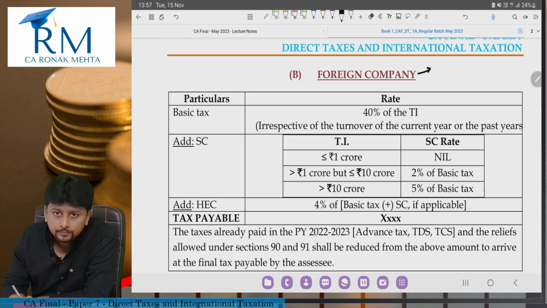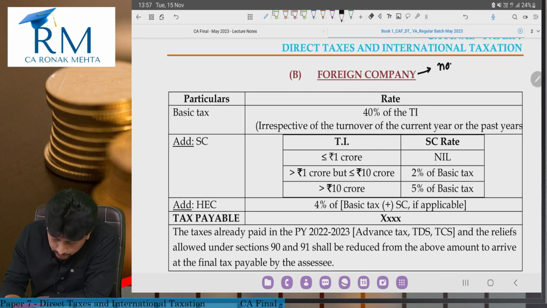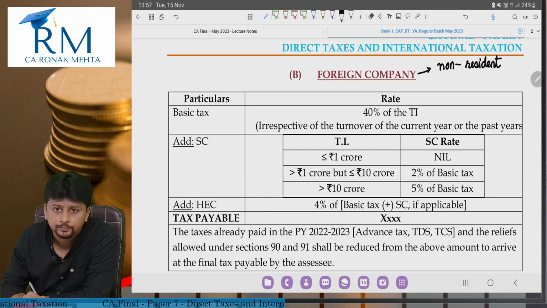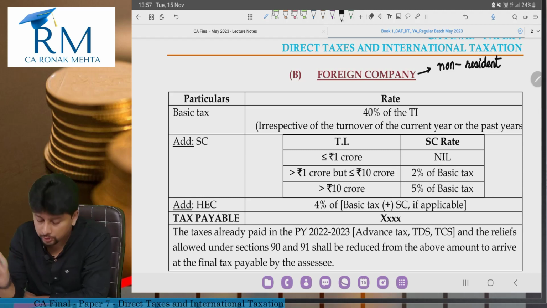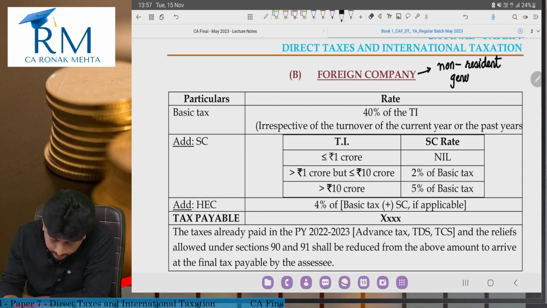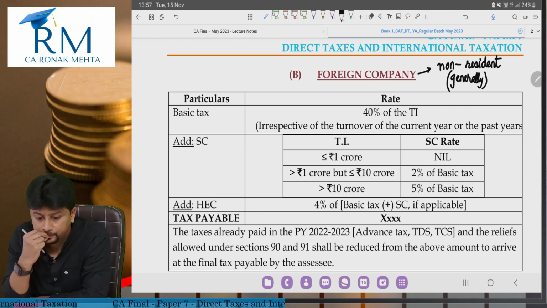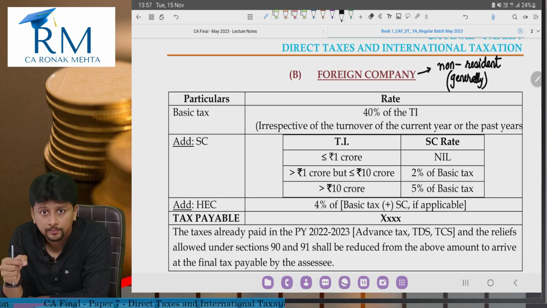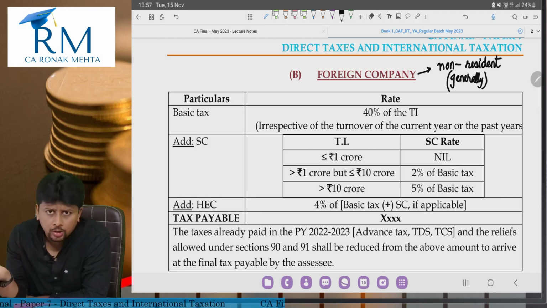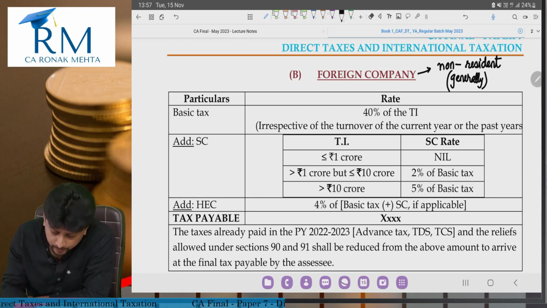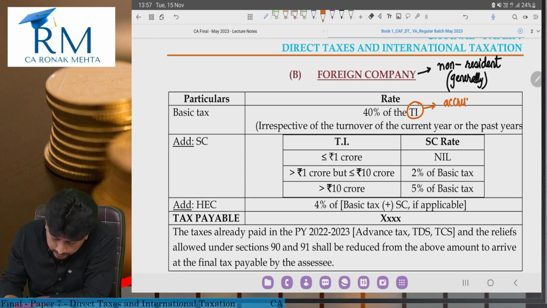Foreign company, in most cases your residential status will be non-resident of India. There is a separate discussion that we are going to do, but this thing that I am writing is very general. Generally it's going to be non-resident. Now you are a foreign company and generally a non-resident of India, but if you still have total income,